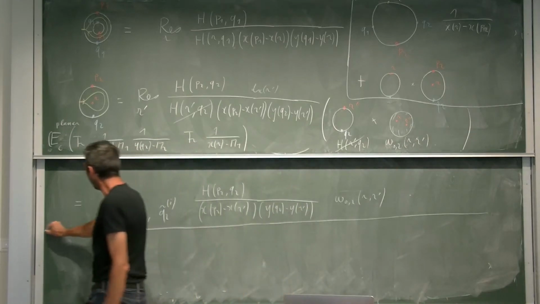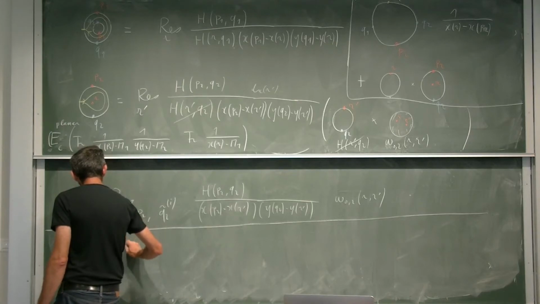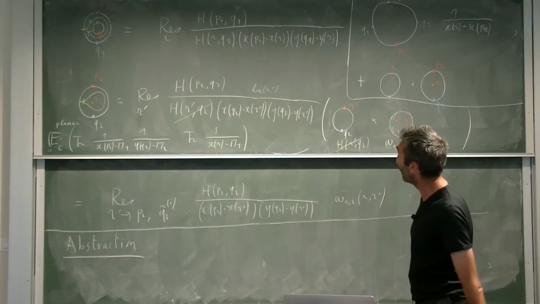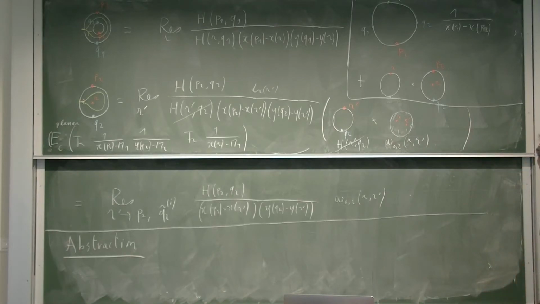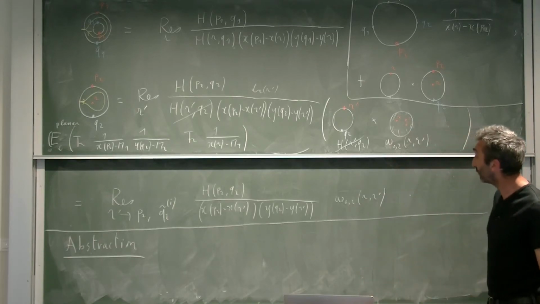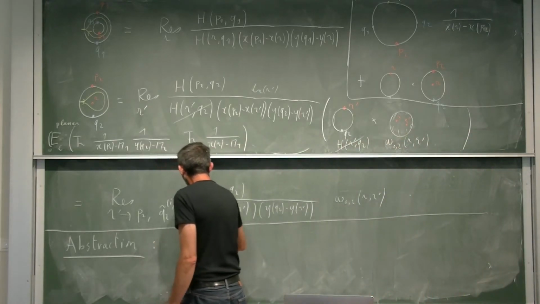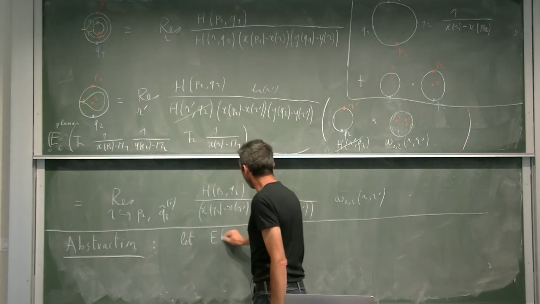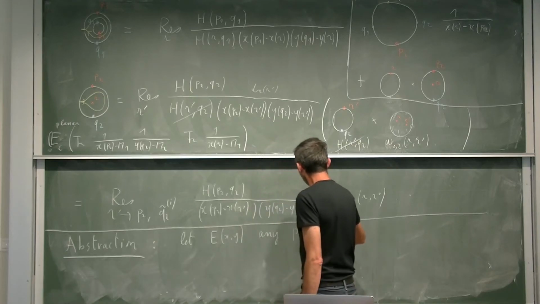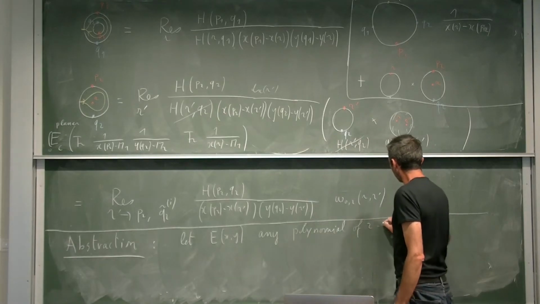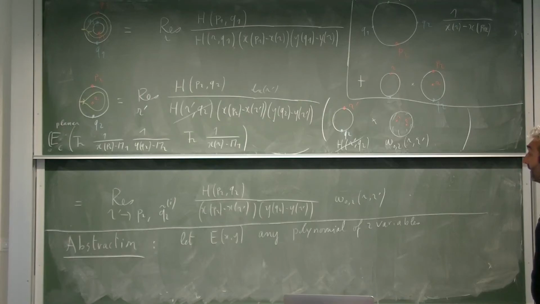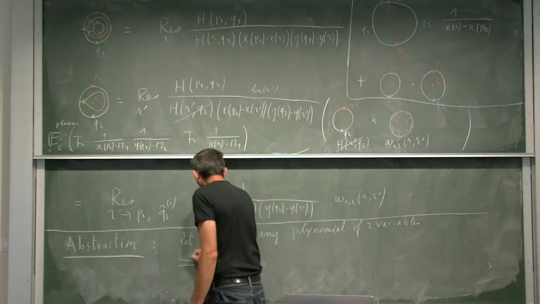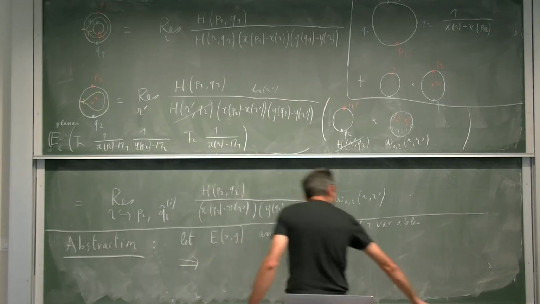Let me make a small comment. Abstraction. You see that this recursive formula just involves algebraic functions. You don't need the fact that these algebraic functions came from counting maps or came from a two-matrix model. You do not need to know what they are. So basically, give yourself, so let E of xy be any polynomial of two variables. It does not need to be related to a two-matrix model or maps or anything. And you can make the same procedure for any E. And it will compute. So this recursive procedure, let me call it mixed TR,